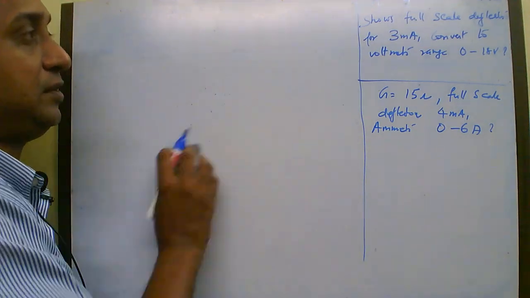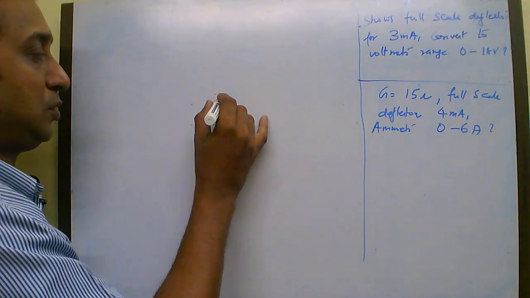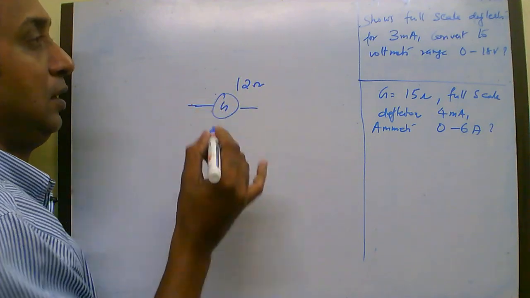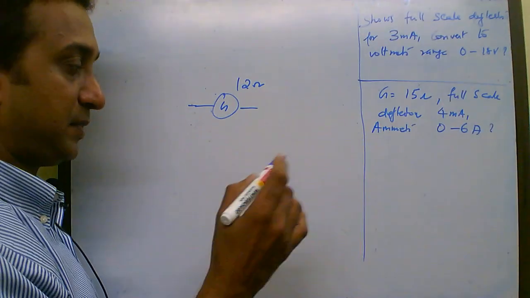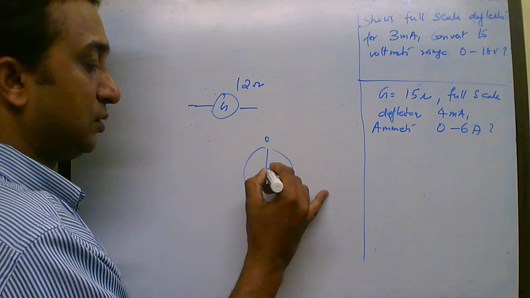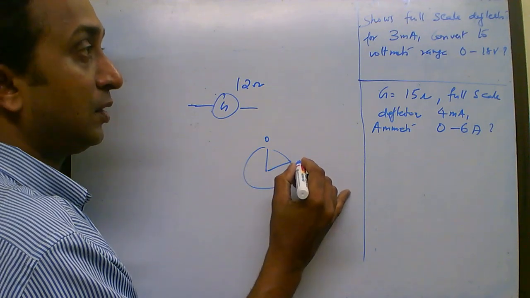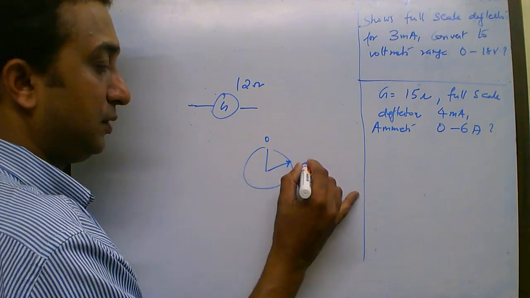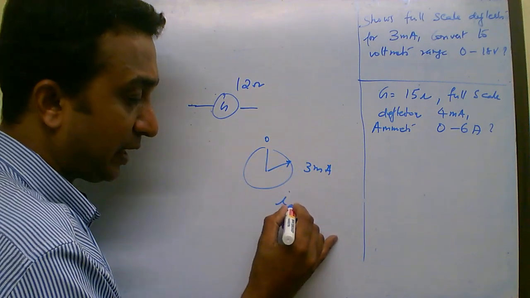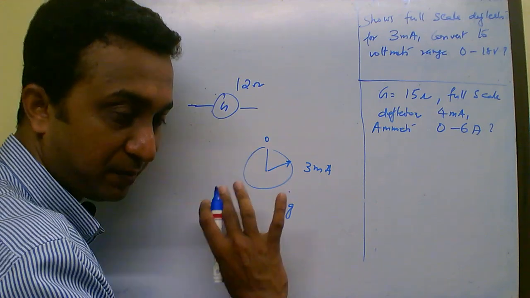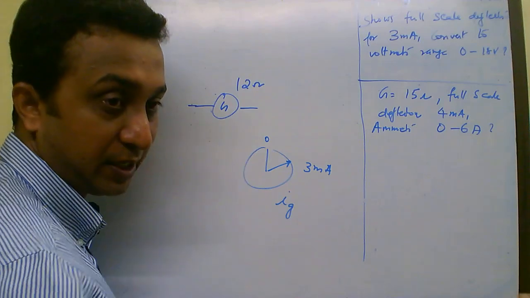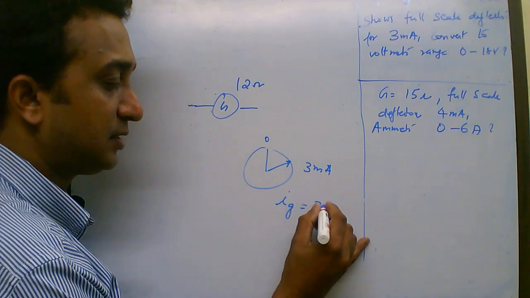So you have a question: a galvanometer of 12 ohms. So you have the galvanometer whose resistance is 12 ohms, and it shows full scale deflection, which means the needle will reach the other end. Normally the needle is at the middle, and the needle reaches the extreme end when a current of 3 milliampere flows through it. That is normally taken as Ig, the maximum current required for the needle to deflect to the extreme end. So Ig is given as 3 milliamperes,